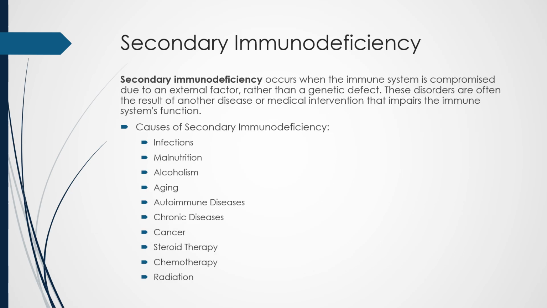Secondary immunodeficiency occurs when the immune system is compromised due to an external factor rather than a genetic defect. These disorders are often the result of another disease or medical intervention that impairs the immune system's function. The causes of secondary immunodeficiency are broad and can include infections, chronic diseases, medications, and other factors that impact the immune system. Some of the causes of secondary